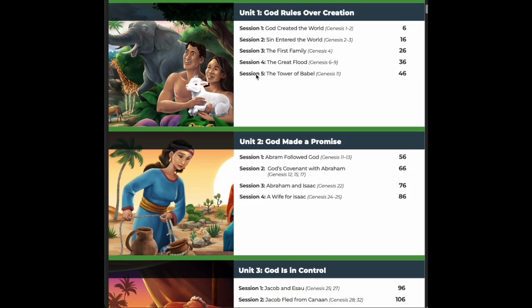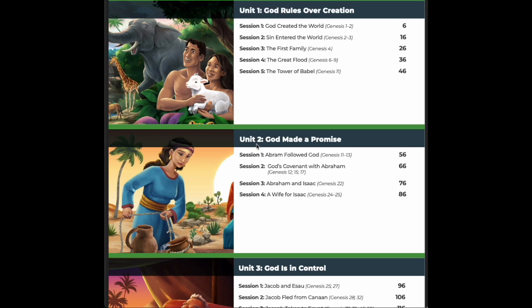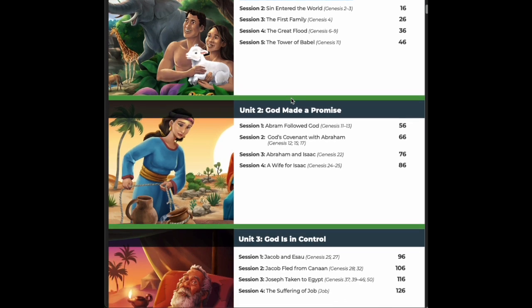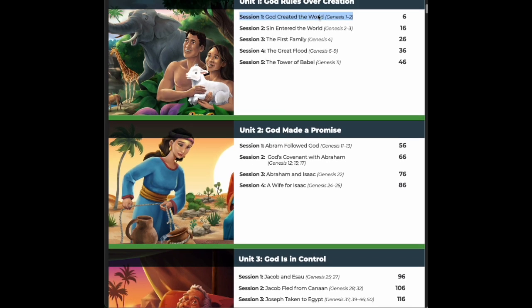And so for this semester, the spring semester, we'll have units 1, 2, and 3 completed by the end of it. And for unit 1, we have 5 sessions. And January 12th, the upcoming Sunday, will be session 1, God Created the World, Genesis 1 and 2. And one new thing that we'll be doing this semester is that once a month, we're going to have a review session. So after session 3, we're going to have a review session for sessions 1 through 3, and we'll tell you more about how to prepare for that. But yeah, each session is a week's worth of classes.